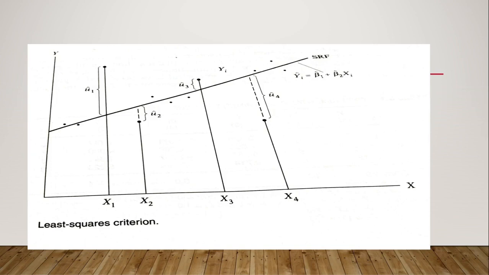However, you can see that when we add all these residuals together, the sum can be 0 or a value which is very close to 0, because here we have some positive u values and some negative u values. So when we add all these together, in some situations the sum will be 0 or very close to 0, even though the actual y values are far away from the estimated y values. The actual y values are scattered away from the sample regression function.